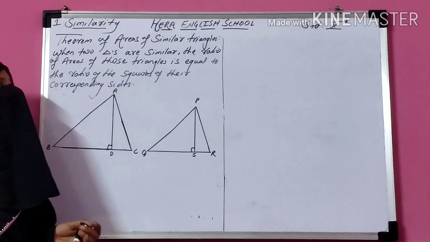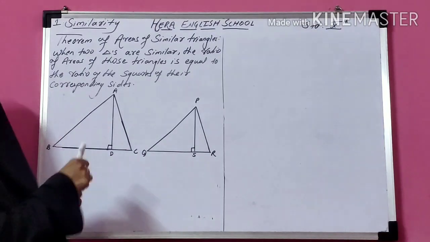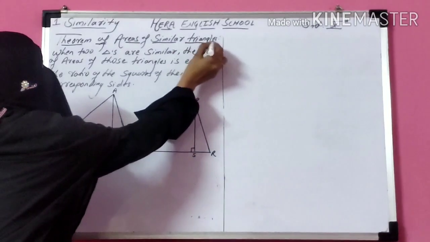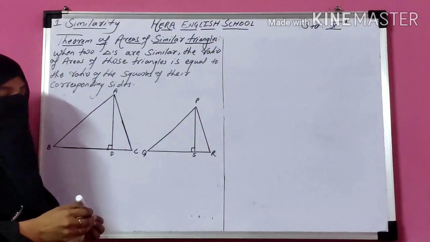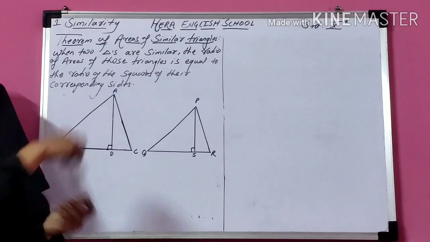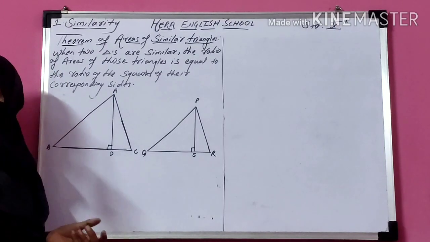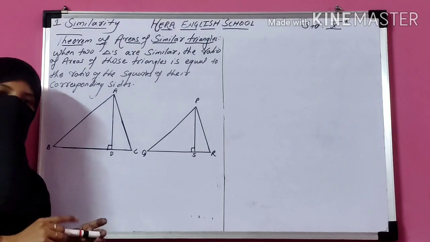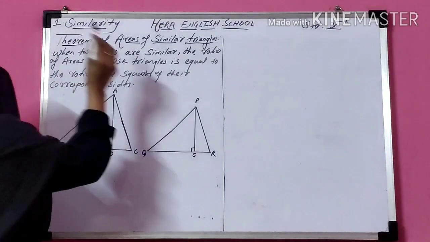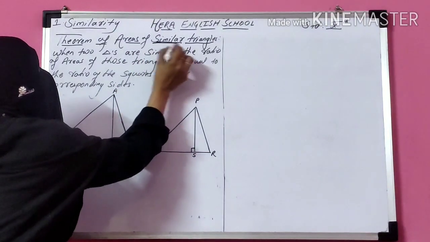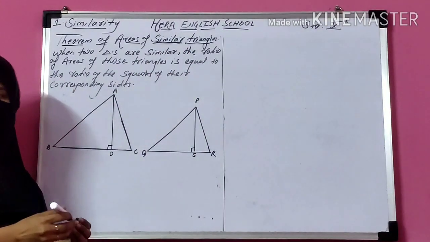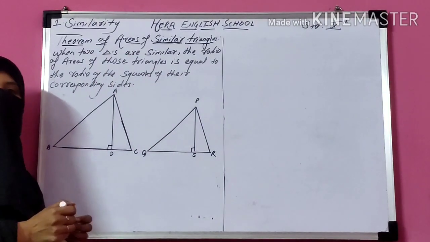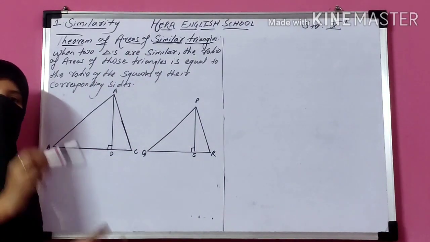In today's lecture, we are going to start the new theorem, theorem of areas of similar triangles. So we have studied ratio of areas of triangles first, like ratio of areas of two triangles is proportional to the product of base and height. But here we have to study areas of similar triangles. This is the slight change between the theorems. Don't be confused. This theorem belongs to similar triangles, and that property is only the ratio